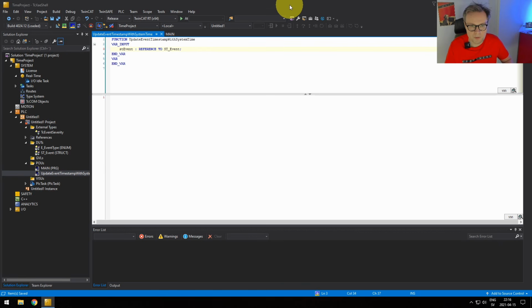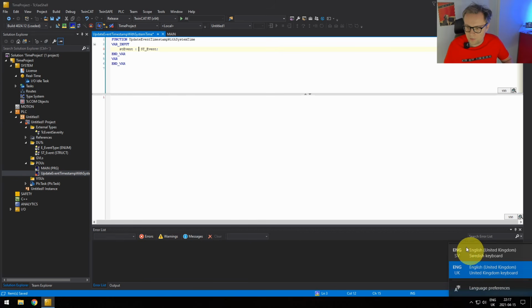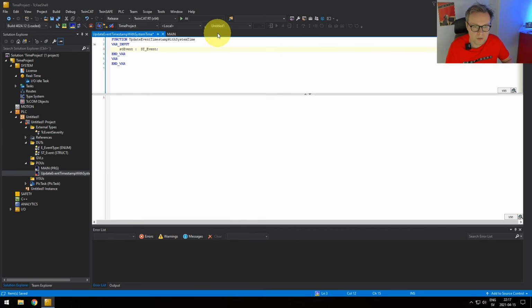So we pass it by reference. If we didn't pass it as a reference, it would make a local copy here in the function, which we don't need. We just work with the structure directly.